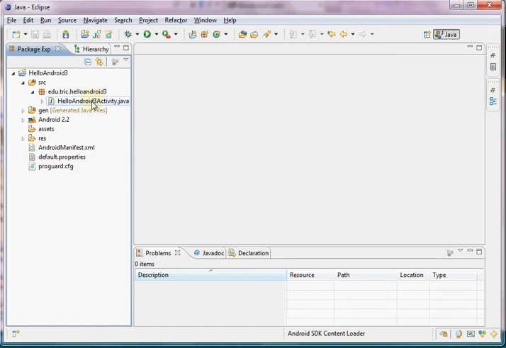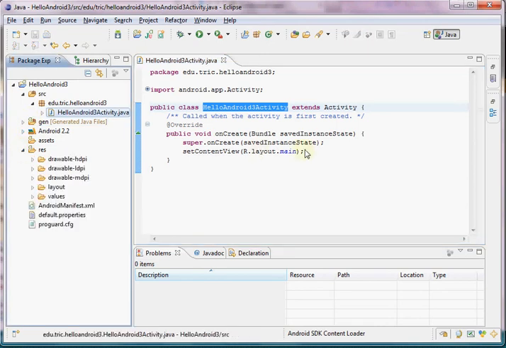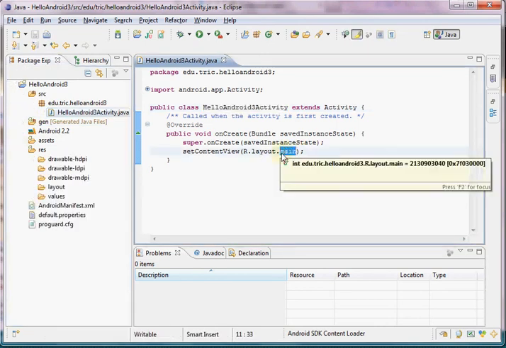Next we have HelloAndroid3Activity.java. This is the name of our activity. It's also the name of our source file. In Java, the class name must match the file name exactly. It is case sensitive. So this is the main activity. Remember that the main activity creates the initial user interface that we'll see. And we can take a look at that user interface, which you'll see is called main,